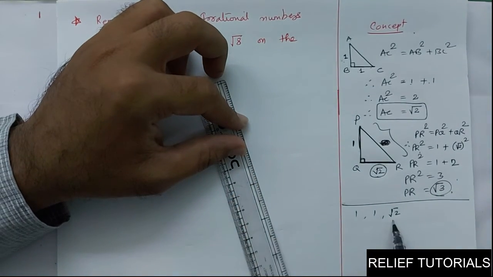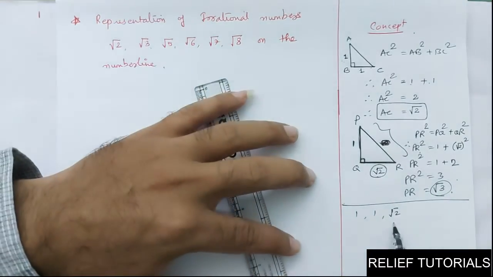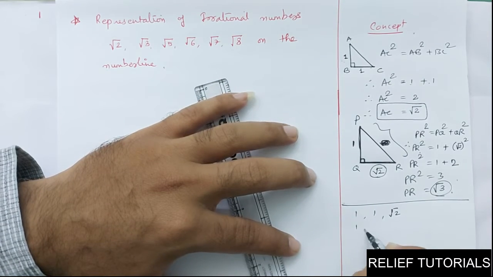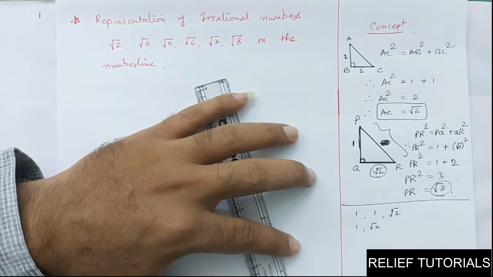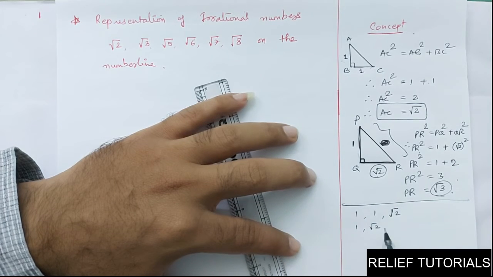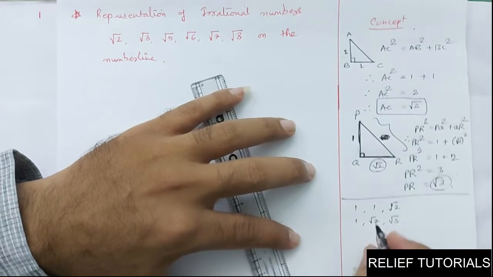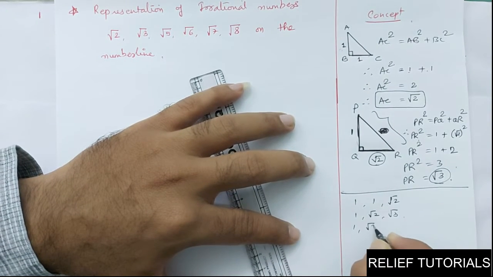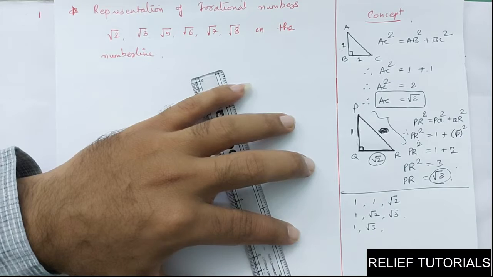I am writing the hypotenuse in the last column. If the sides forming the right angle are 1 and root 2, then the hypotenuse would be root 3. In the same manner, if it is 1 and root 3,